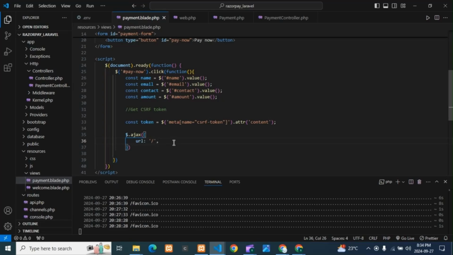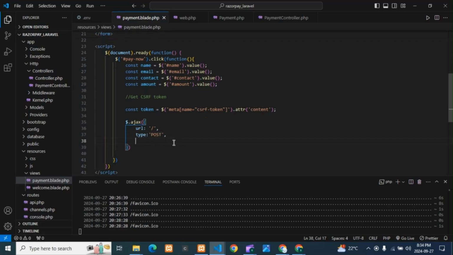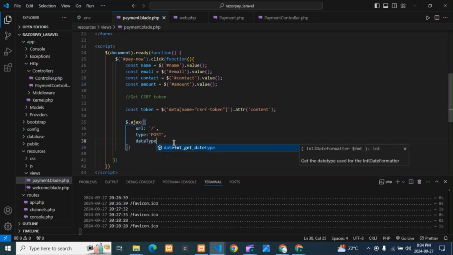Okay, then next the type will be post guys. So make it post, and whatever the response is coming, the data type will be in json format, right? So we need to take here json,